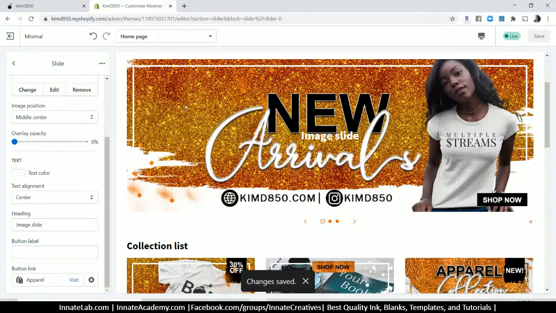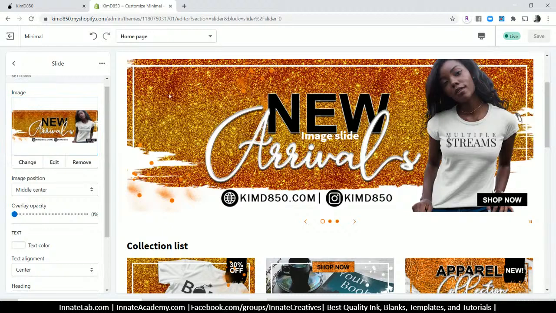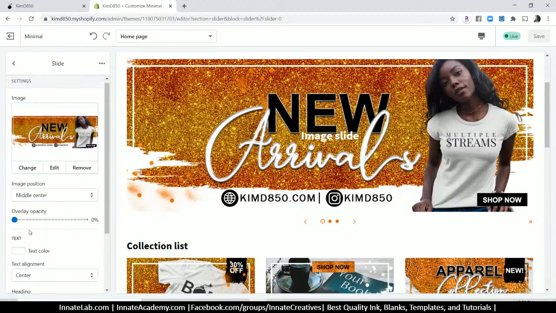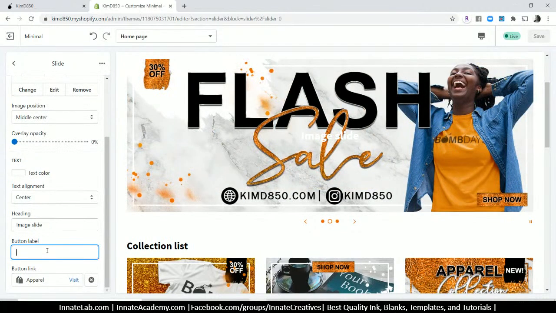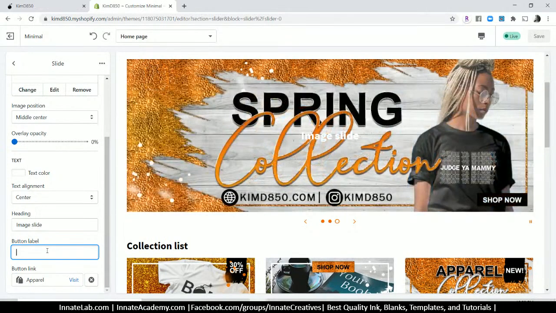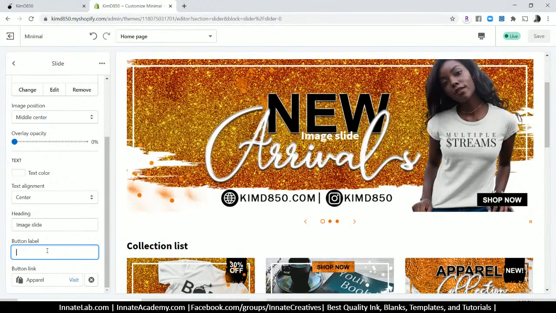Now you can also overlay text on this banner. So if there's something new that you wanted to say and you didn't want to go to Photoshop just to say a new message, let's see. Let's say, so this is making a button. So like if you had a create button, you can create a button and not use this shop now. So when people click on the shop now, it's going to take them to this,